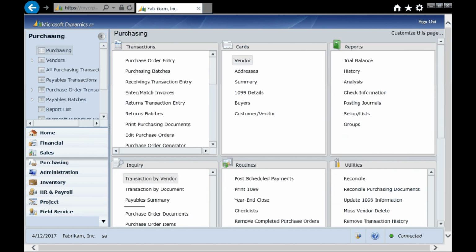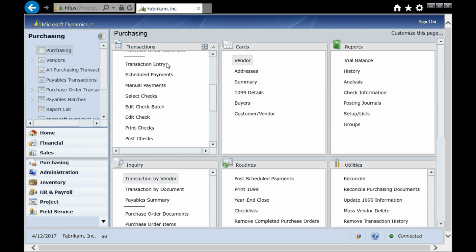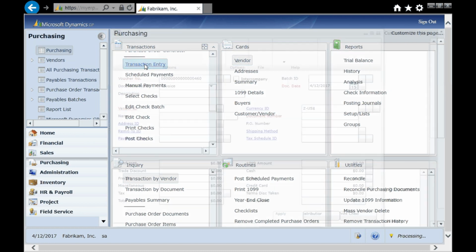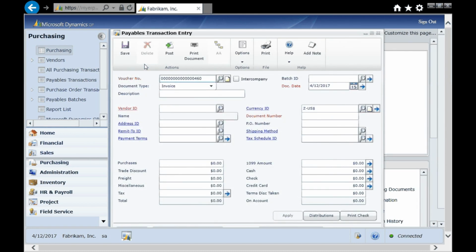So now let's enter a payables invoice for this particular vendor. So I go back to the area page for purchasing and go to the transactions area, and I'm going to scroll down and hit transaction entry. This will bring up the transaction entry screen in order that I can enter a vendor's invoice. It automatically assigns the voucher number for me, and I've got different types of transactions I can put in, but we'll just put an invoice in, and then I'm going to enter a little more information about this,